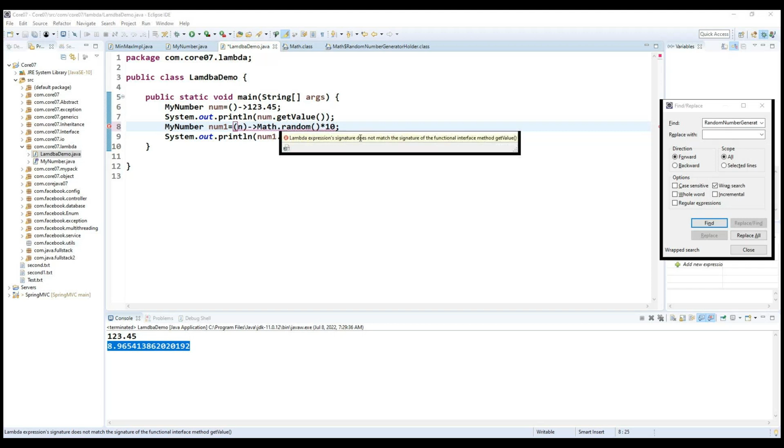Now you can read this: lambda expression signature does not match the signature of the functional interface method called get value. Getting the point? Here the signature is not matching. Signature not matching is nothing but we are not providing the parameter the method is expecting. We are giving some additional information here. Okay, so this is the way we can